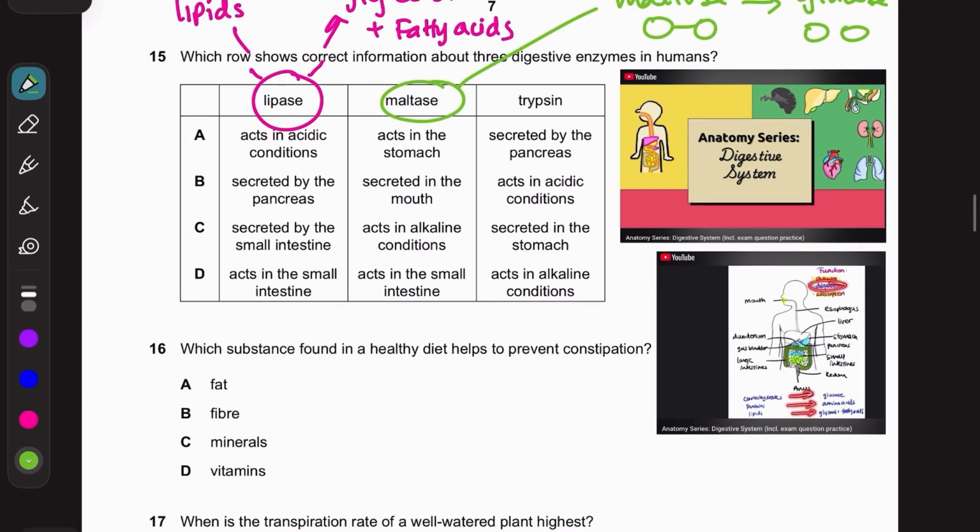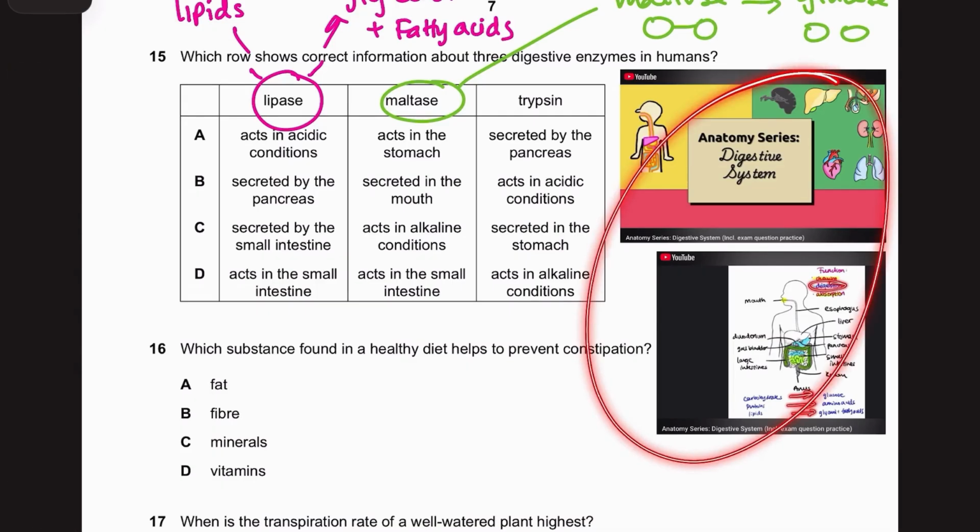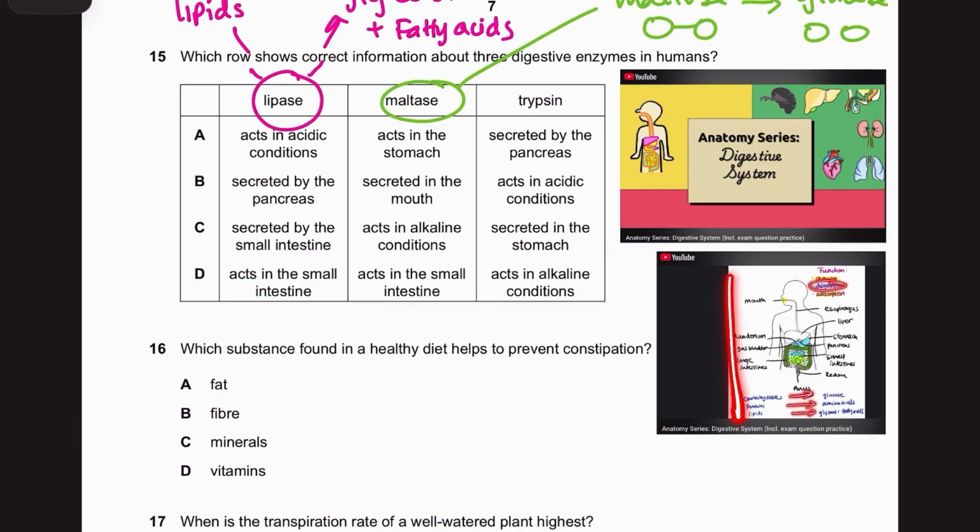It says, which row shows correct information about the 3 digestive enzymes in humans? Now, I have this up here for a reason. It's because on my channel in the anatomy series, I did a whole video on the digestive system. I go through everything in detail there, where the digestive enzymes are produced, what they break down. It's a very comprehensive video, so please look at that if you want more information. But for this one here,